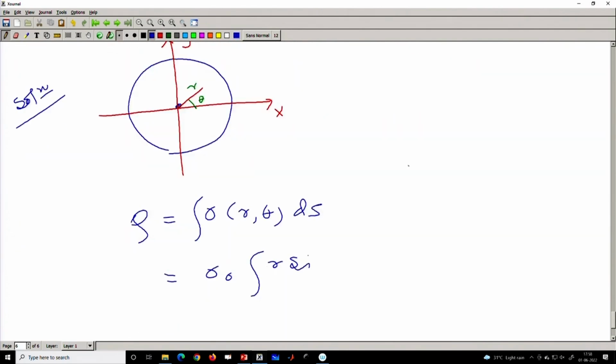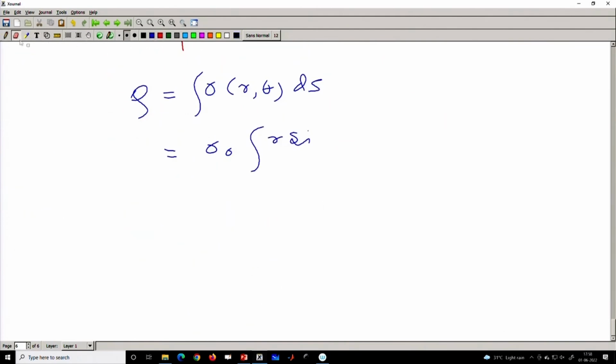How it is distributed? R cos theta. So, it should be r cos theta, and ds is the surface element in polar coordinates. It is r dr d theta,